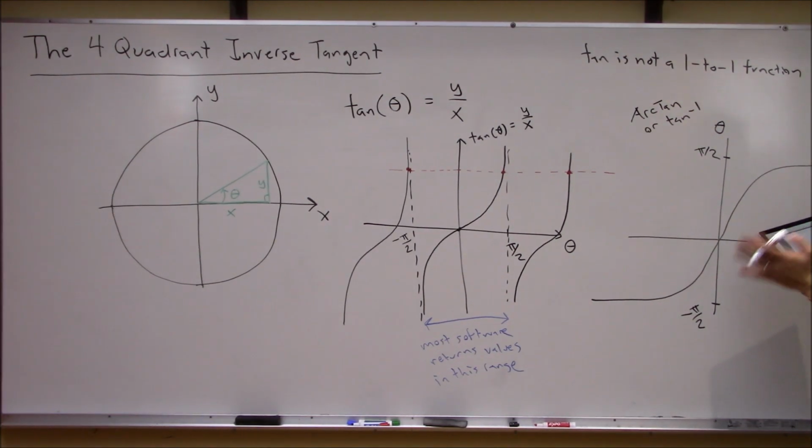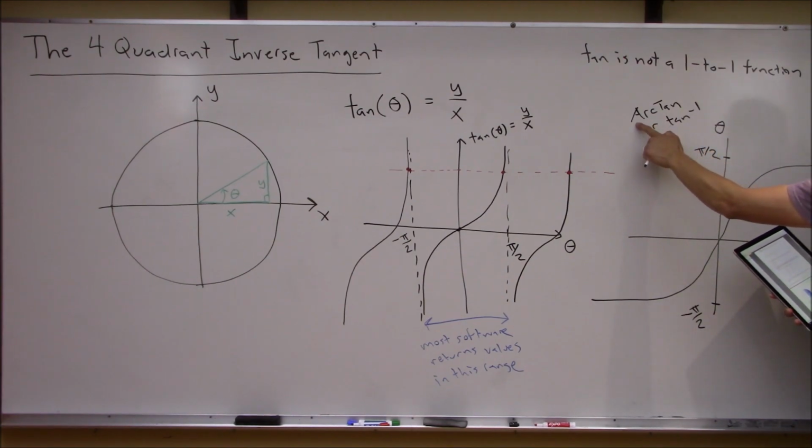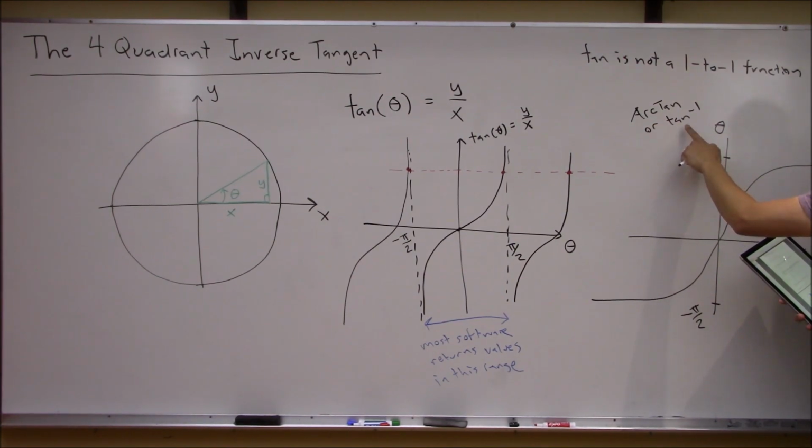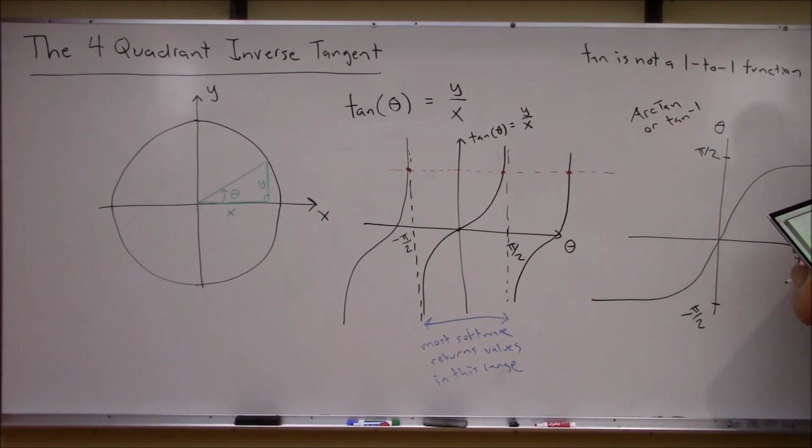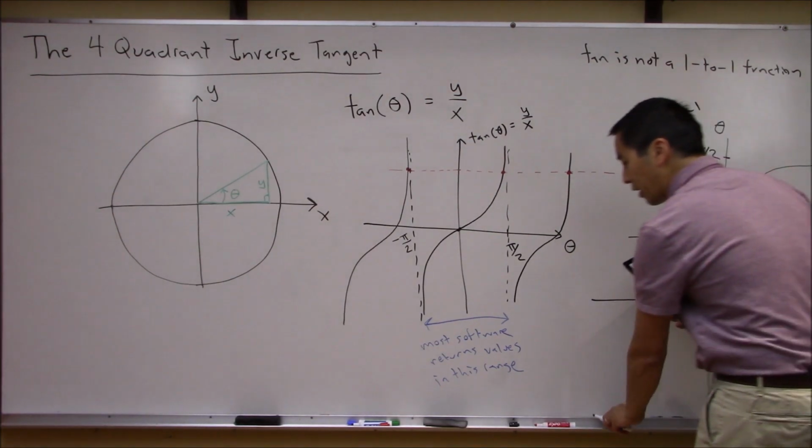So the issue with that is, if you think about it long enough, what this arctangent or inverse tangent function does is, again, you pass in any value of y over x, and it's only going to give you a value of theta ranging between negative 90 degrees and positive 90 degrees. So really,